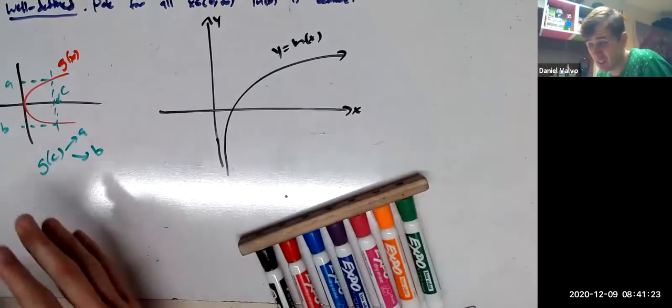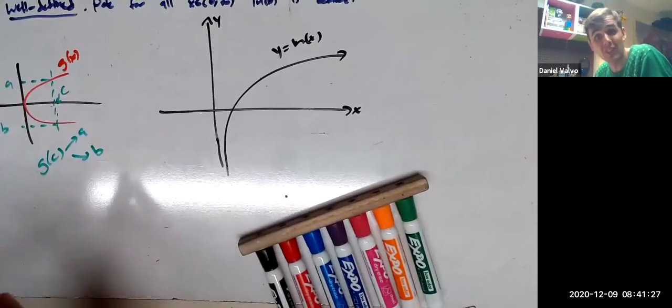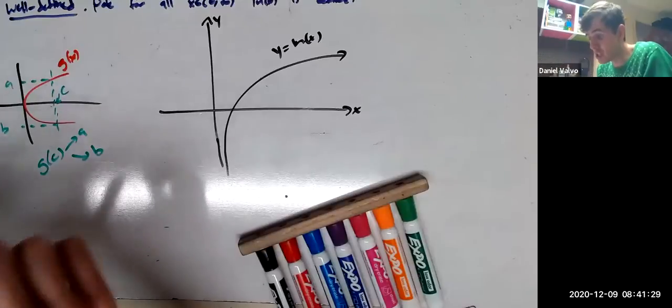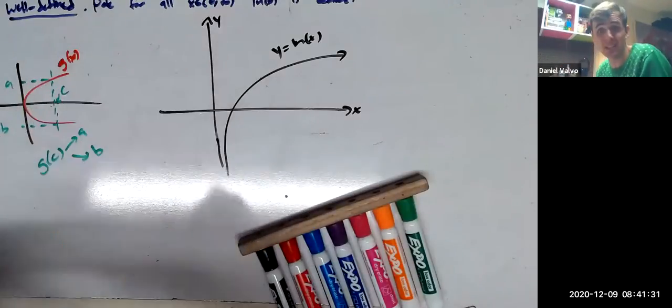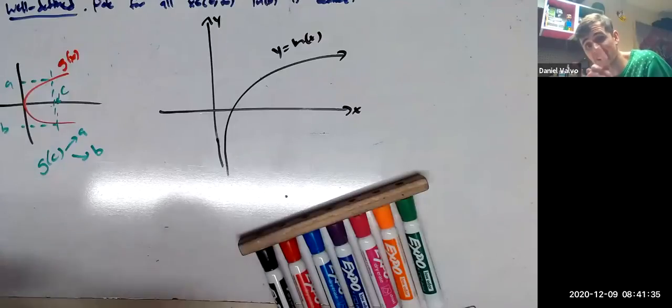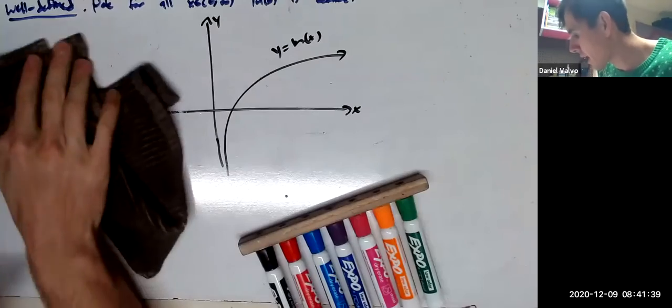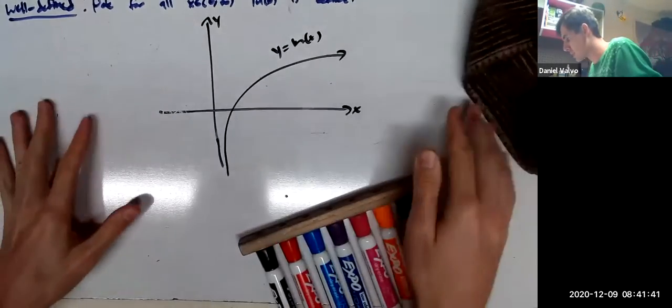And so what that means is g has two outputs when you plug in c, and that's no good. g relates c to two things, not one thing, meaning it's not well-defined. Well-defined means you want every input to have exactly one output. So that's no good. But if you look at our ln of x, the function we actually care about here,